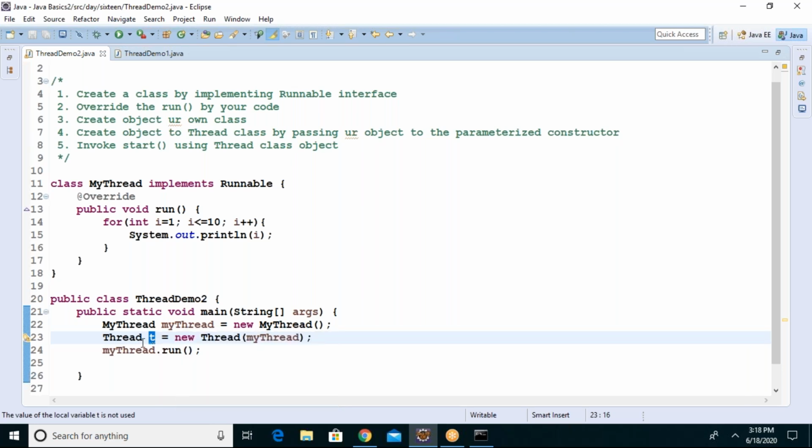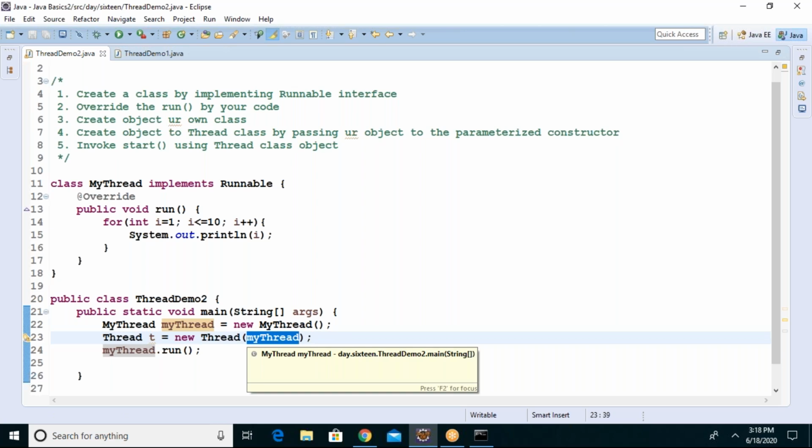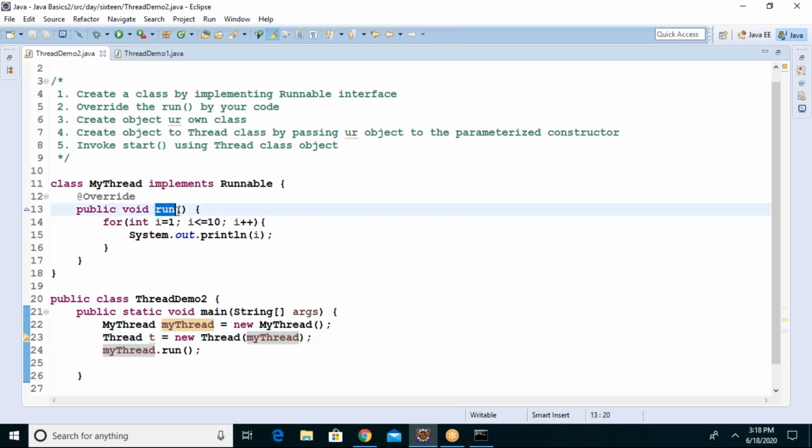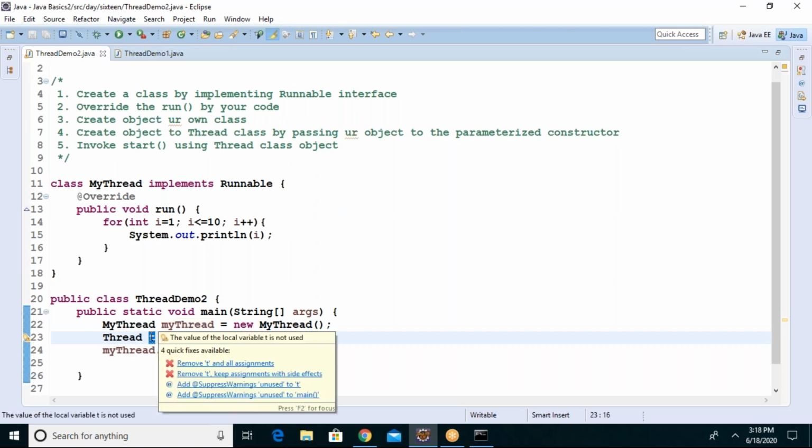Now tell me, after this object is created, it contains whose run method? My run method or its own run method? Guys, tell me. When creating the object of the Thread class, I am passing my object which already contains a run method. So will this run method of this object be copied into t or not?